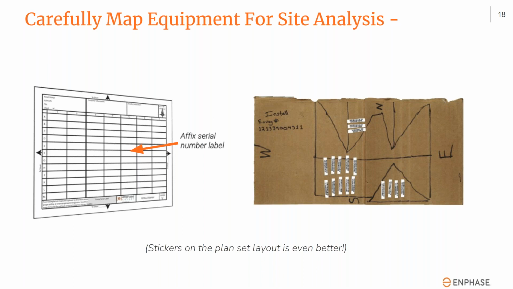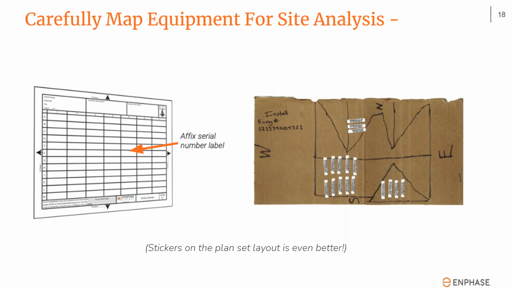A quick thing that we have seen here and there, different companies will sometimes have specialists that come by and do one step and take off, and they'll bring the map with them. We find that that can slow down commissioning. So we really want you to, even if you do take digital pictures of these maps and things, which is a good idea, try to make sure that you have the physical map with stickers on the site at commissioning. It's just a lot easier when you're using that installer toolkit to actually scan the numbers than it is to zoom in and out of a digital photo. So that's just a nice tip.